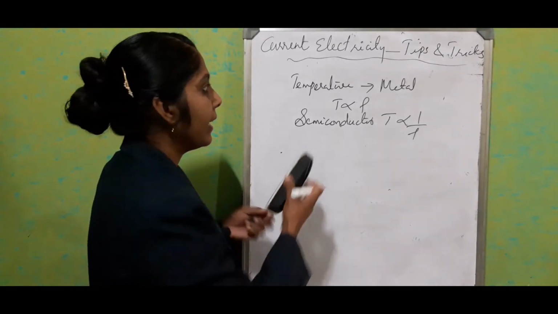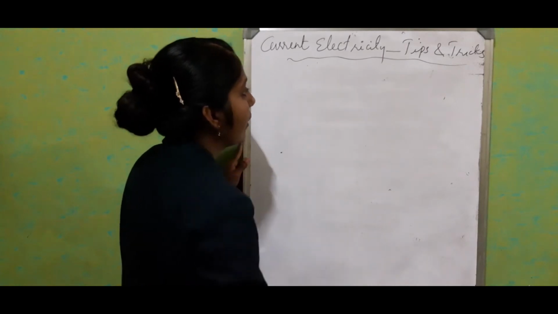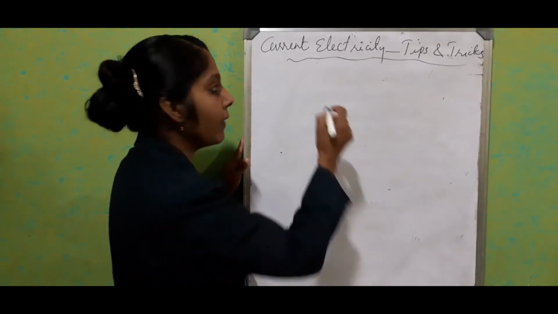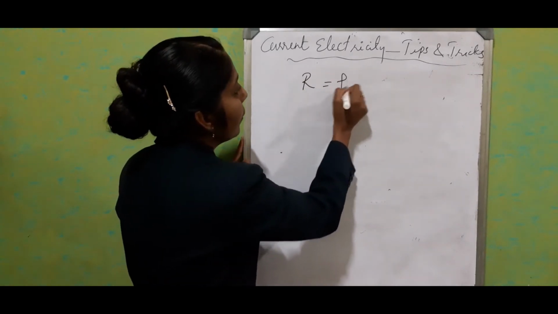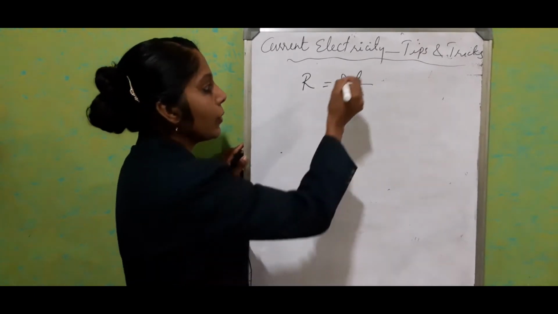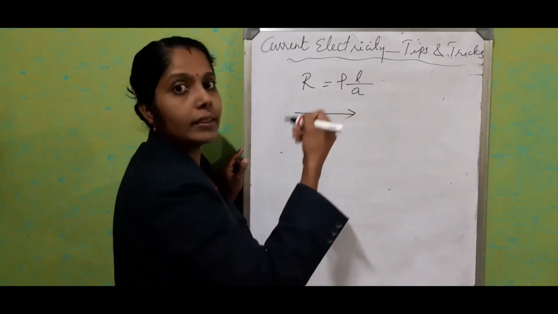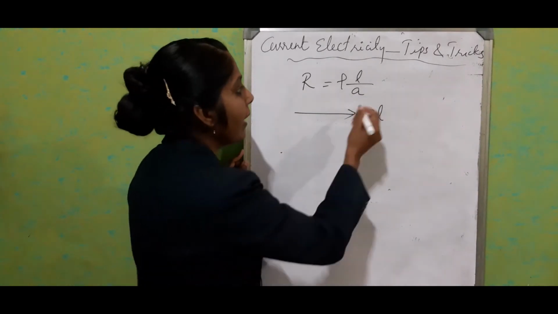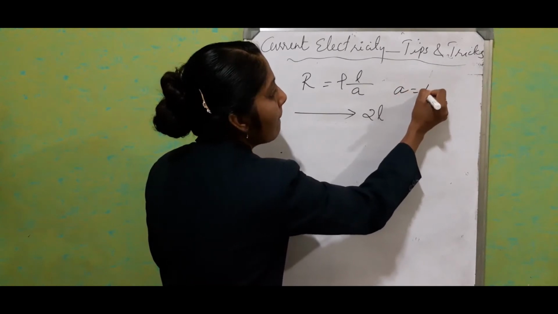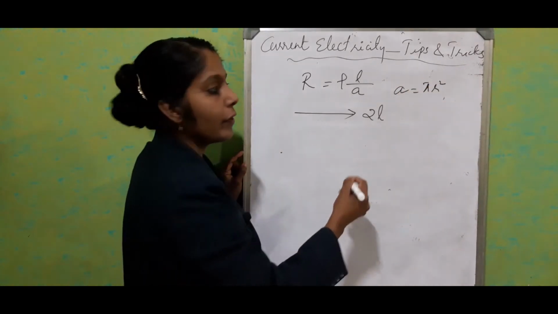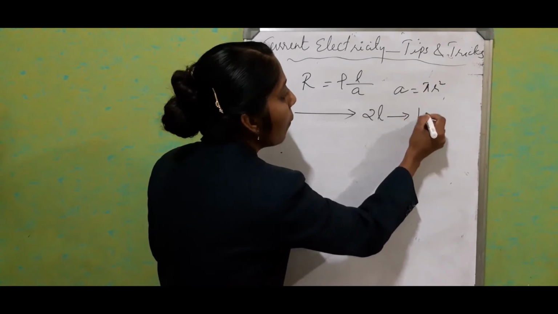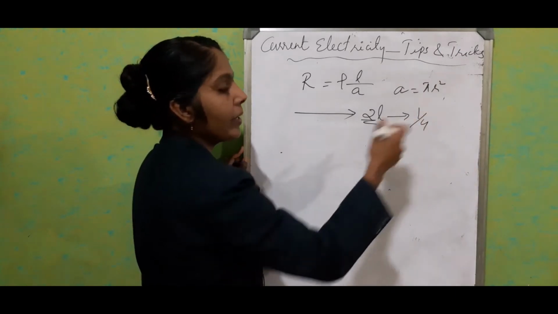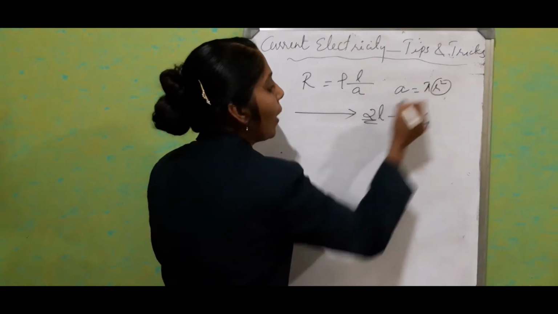Now, one more thing we have studied, according to the equation, is how the resistance will vary. Resistance is equal to rho L by A. So, if we are stretching the material to double the length, what happens to the area of cross section? We know that area of cross section is equal to pi r square. On that basis, it will be reduced to 1 by 4. If we double the length, the area is reduced to 1 by 4 because of squaring this value.